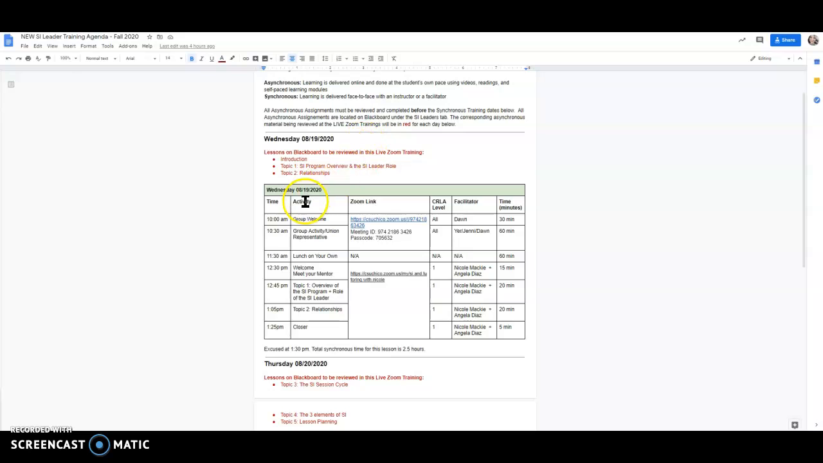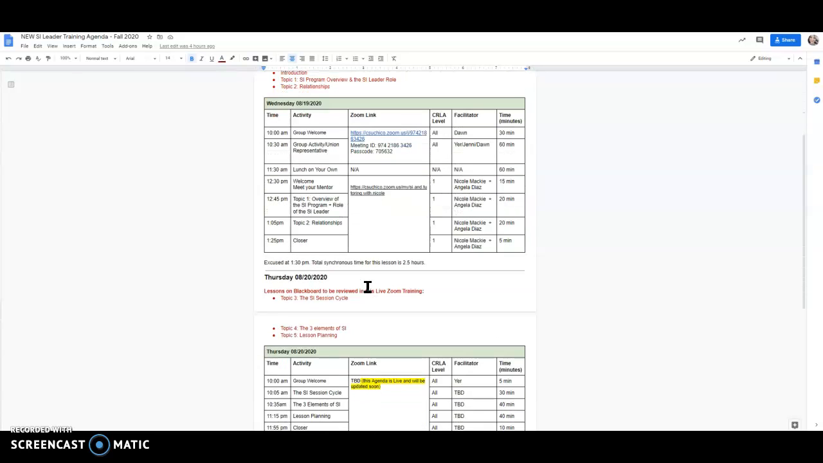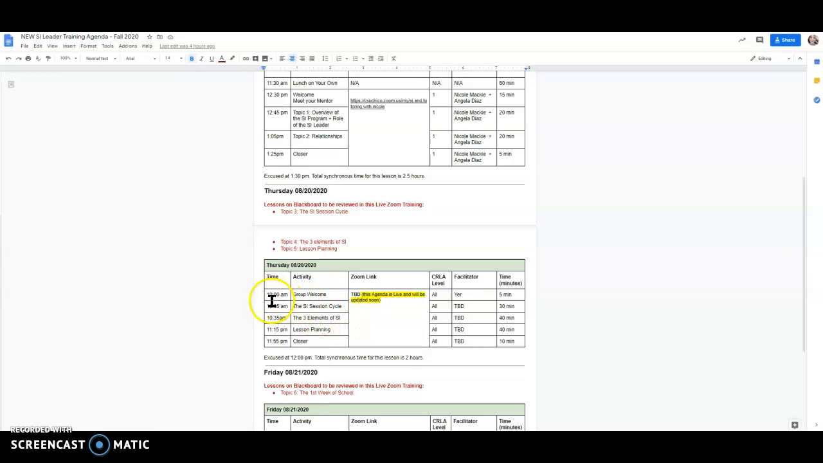You will notice that this allows for you to see when all of your synchronous live training will be happening. So you'll notice that my new SI leaders are coming back synchronously on Wednesday at 10 a.m. This is the Zoom link that you use to log in. So all of these dates and boxes should tell you date and time of your training, topics that will be discussed, Zoom links, as well as who the facilitators will be and how long each of the topics are